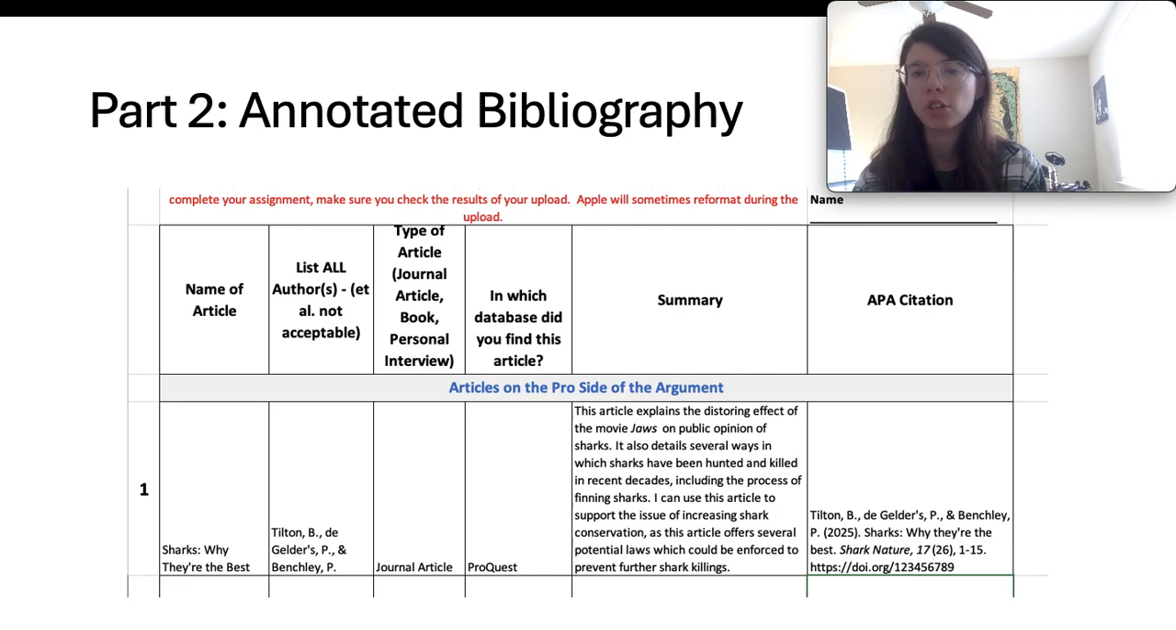This is the part where you're actually going to talk about what the article is about, and how you can use it in your final research project. An important thing about the summary is that it's not the same as an abstract. Now, an abstract is